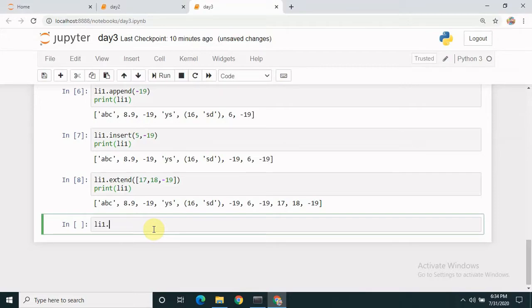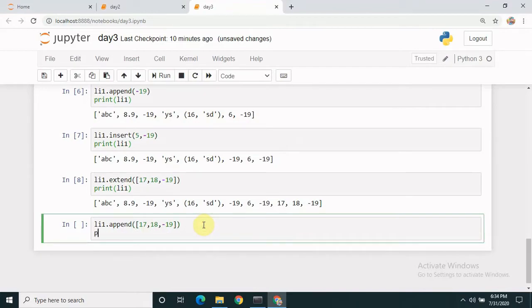What will happen if I do an append with the same argument? Let's keep the elements the same so that it becomes easier for you to understand.